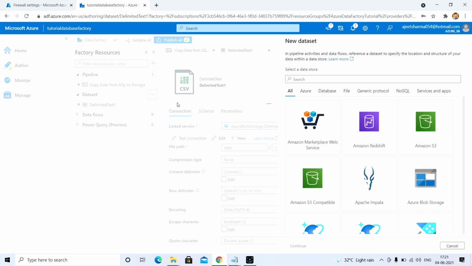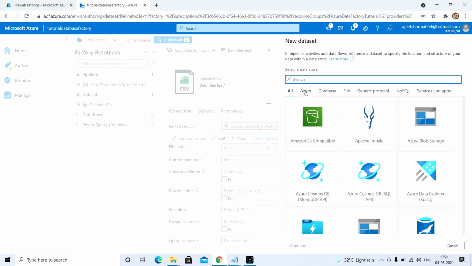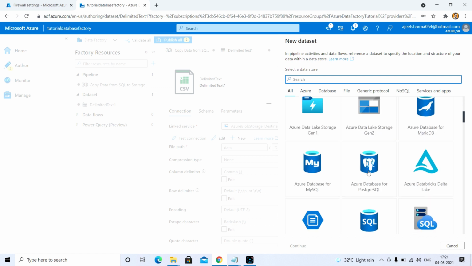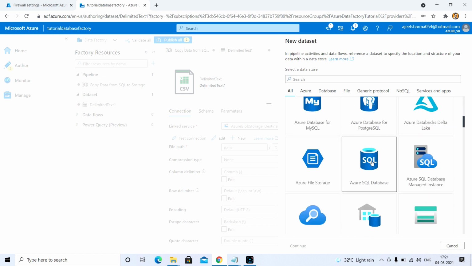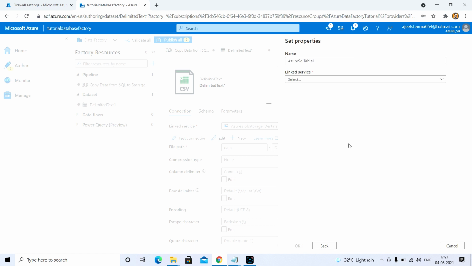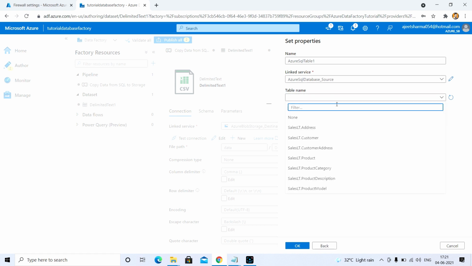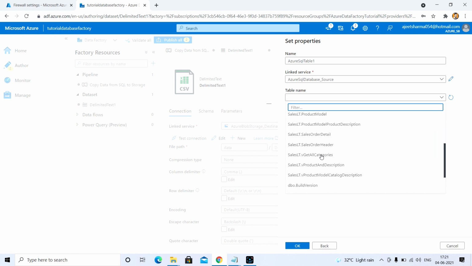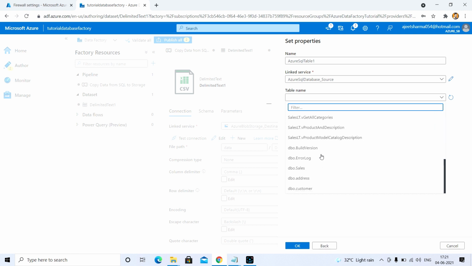Now I'm going to create a dataset for the source one. In my source I have the SQL database. So for that you just go to SQL database, and here you can name it and link the service which we have created. This is my source one, and in the drop-down table name, you can select the table which you want to export.